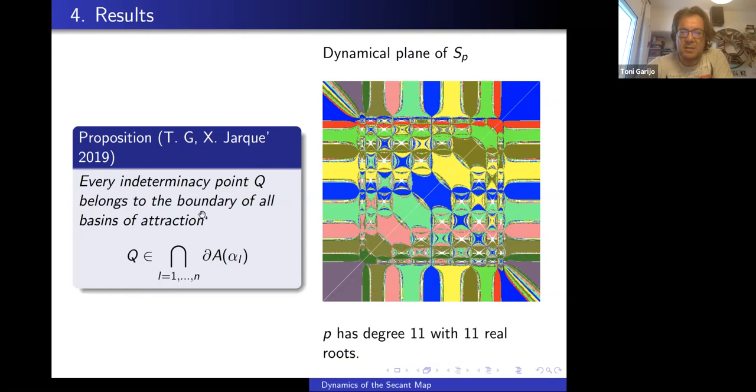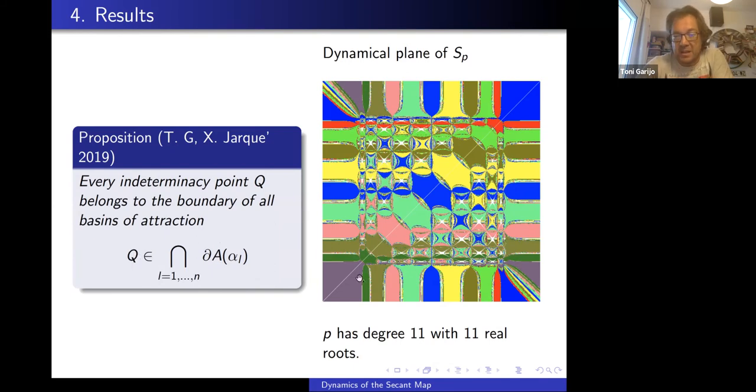This means that near an indeterminacy point, you can have initial conditions converging to all of the roots. We don't work in that direction, but near an indeterminacy point is a good place to start to put a seed of points in order to obtain the roots of the polynomial